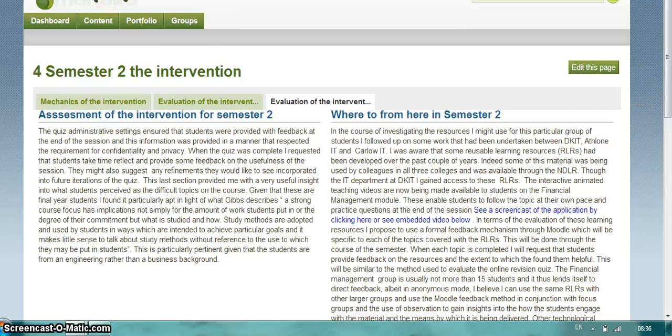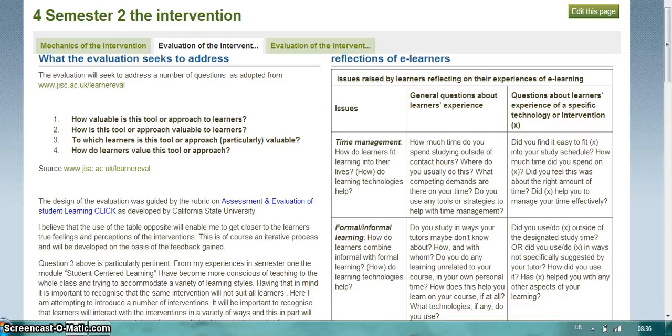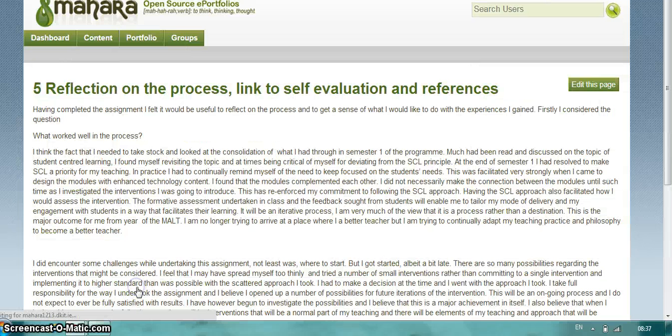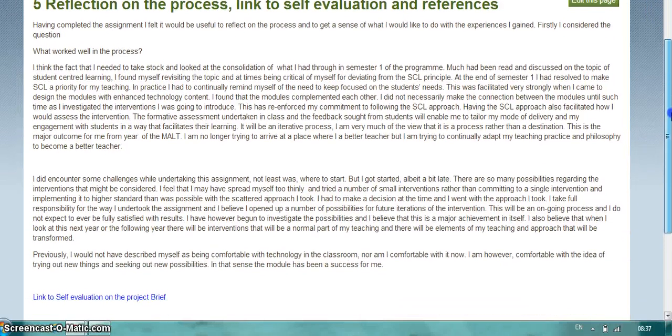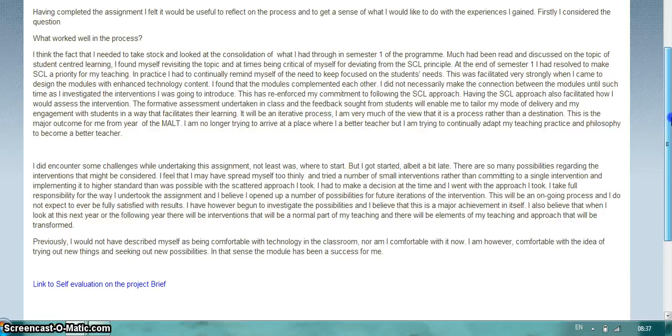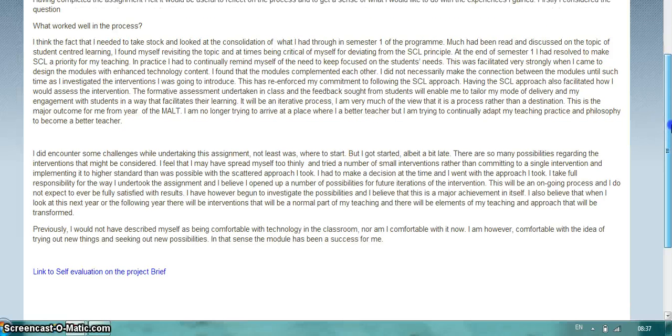So just back again here then. So that is essentially the nuts and bolts of the 2 interventions, and then reflection on the process, the link to the self-evaluation. So I'll just click into here. So a little bit of narrative here on my own reflections on what I thought of the process that I went through. Some link into the